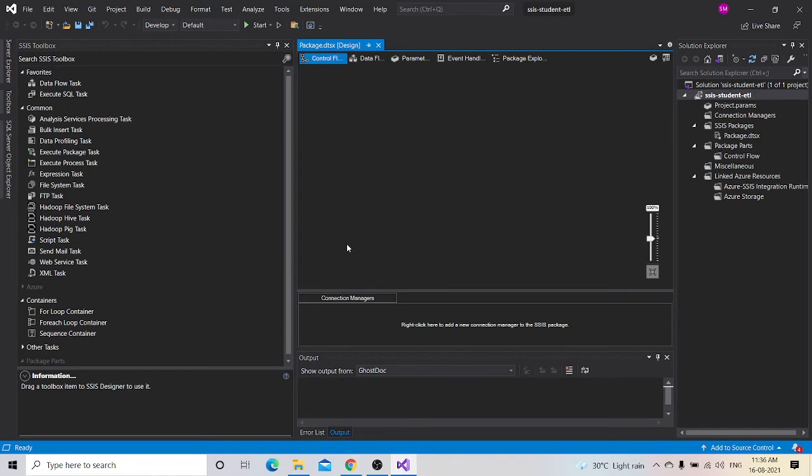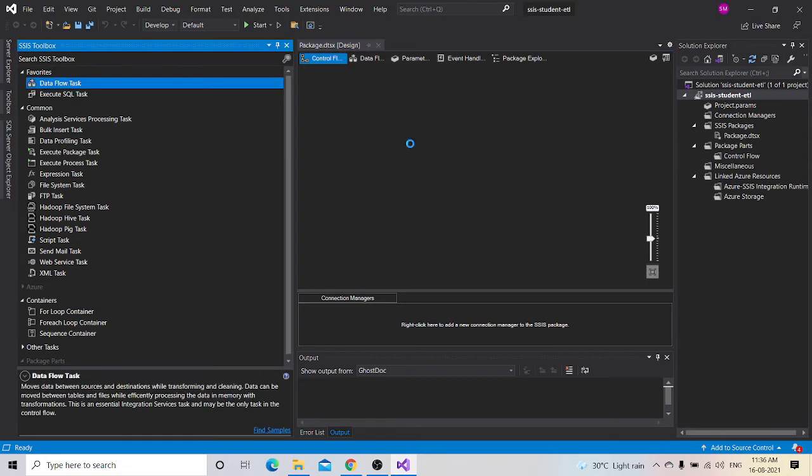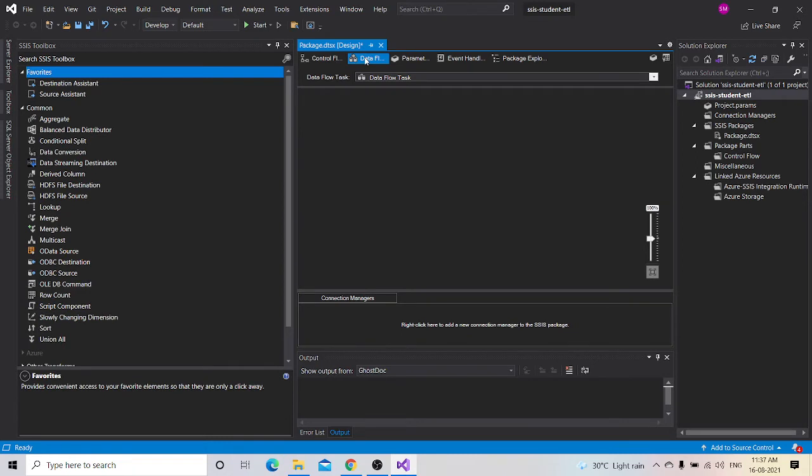Here there is a control flow. So over here we need to add the data flow task. So this is just a drag and drop process. So you can drag that and drop it over here. So after that we need to go to the data flow. In the data flow, first